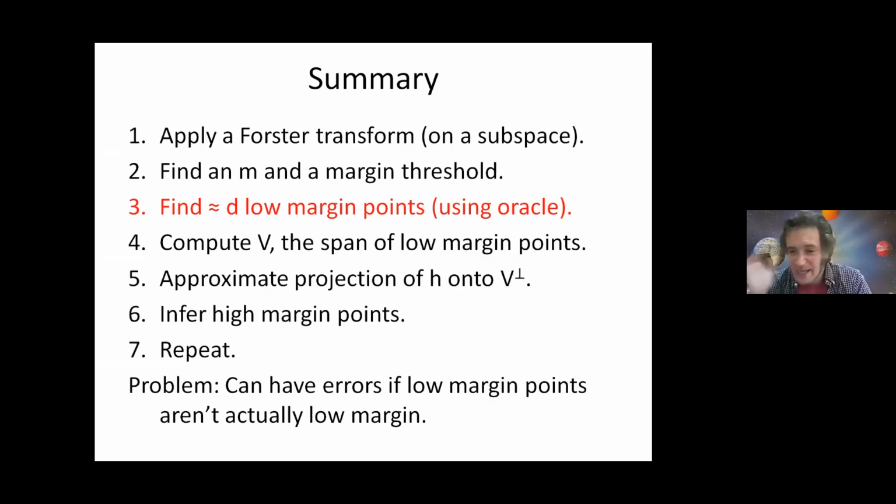Now, there is a problem with this algorithm. If you want an algorithm that never comes to a wrong conclusion, what we have here doesn't actually achieve that. And the problem is when you collect this set of D low margin points, we were having to use the margin oracle to do that. And the margin oracle is not guaranteed to be correct. And so maybe we got unlucky, and even though there were some high margin points in our set, our margin oracle still returned something of very low margin. And on that point,